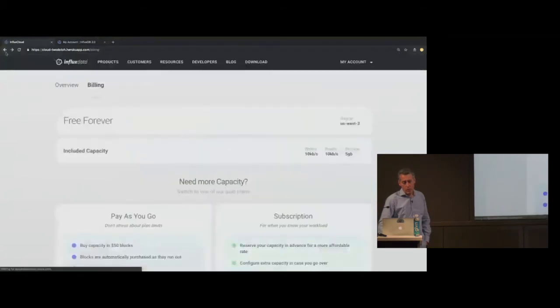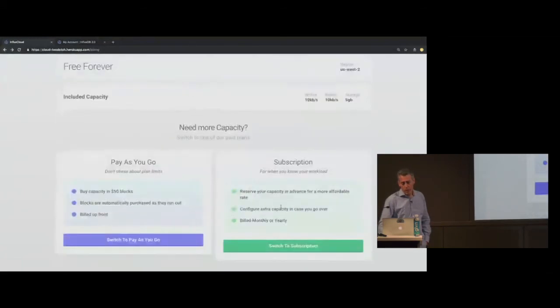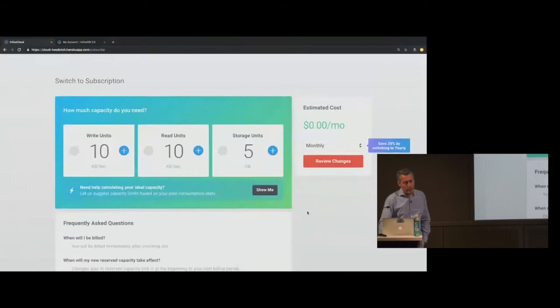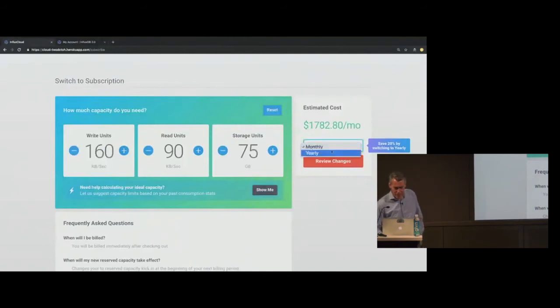Now, for those of you that are working over a longer period of time and want to take advantage of discounts, you can go into the subscription model, and there's a pricing calculator here. Again, if you've been running in the free tier for a while based on some sort of limited workload, you can click the Show Me button, and we'll automatically calculate some massively exorbitant amount of money, monthly or yearly.